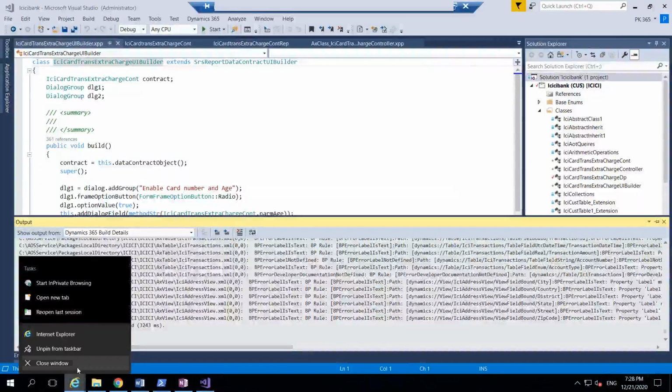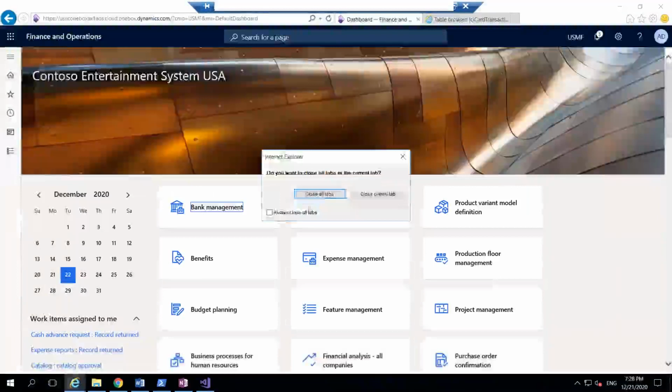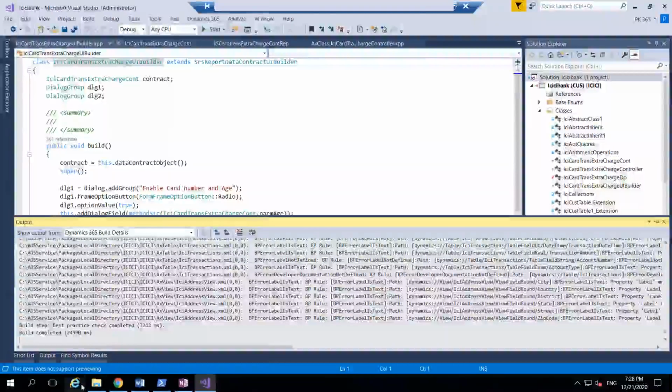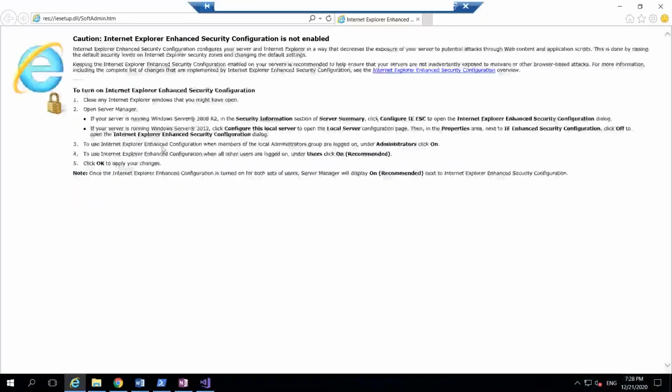Most of the times I used to get these questions: when do I need to refresh the report? Each and every time it's not needed. Only when you modify something in the DP, data provider, then you need to modify it. Now let me load this